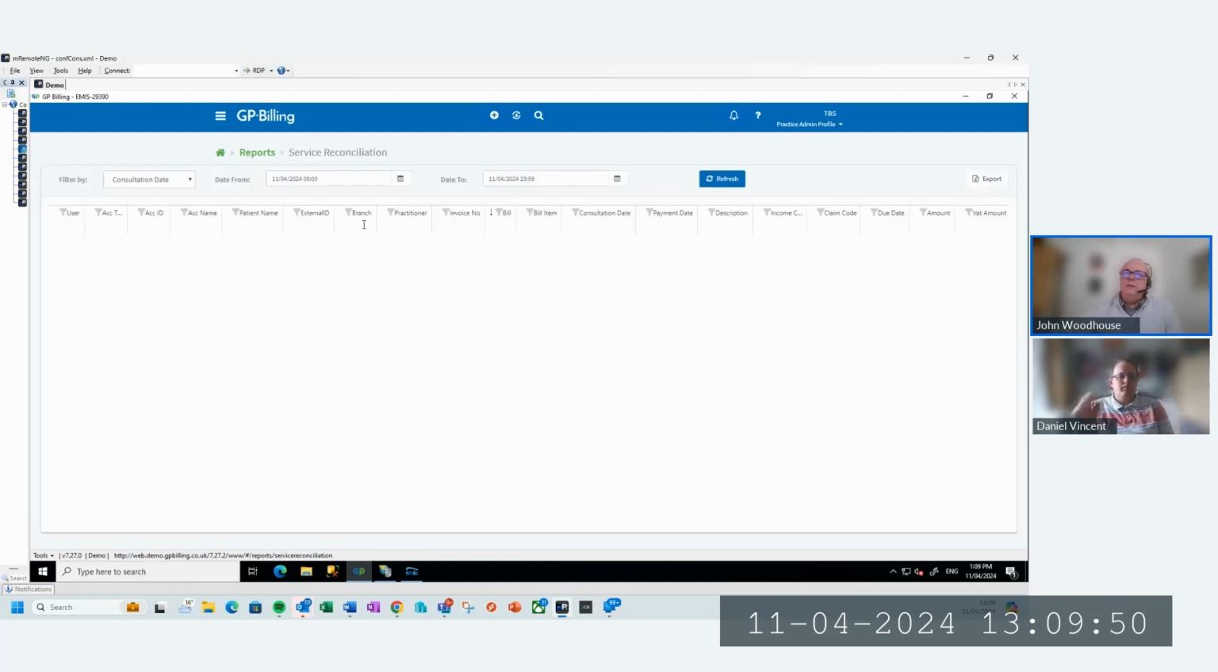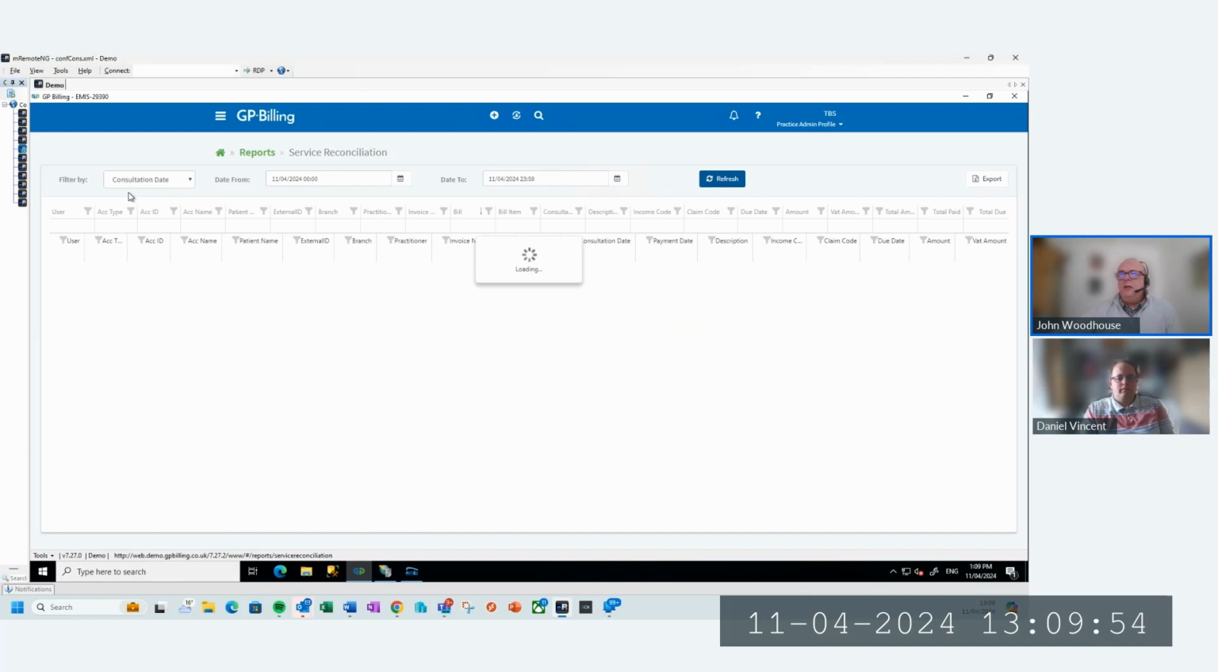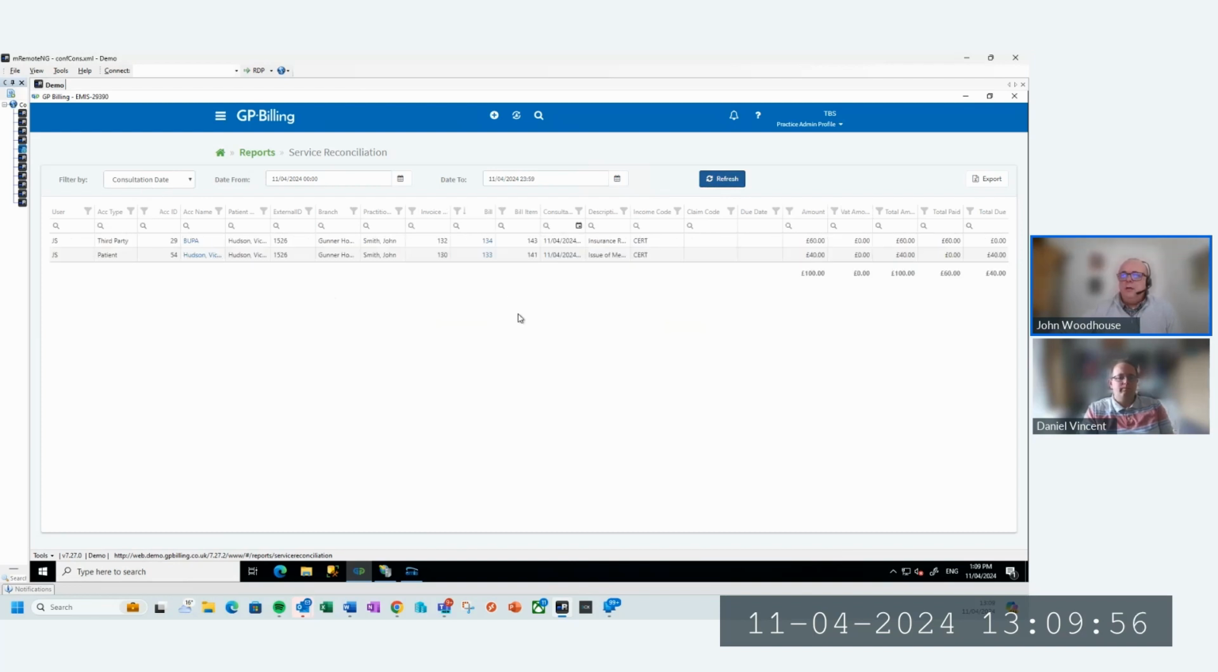The first are reconciliation reports. This allows you to see money, or bills, that have been generated. So for instance, I can see our 2 bills from here. You're able to filter any of these different reports, or you have the ability to export it to Excel. So if you want to share it with the accountant or somebody else in the practice, then you can do